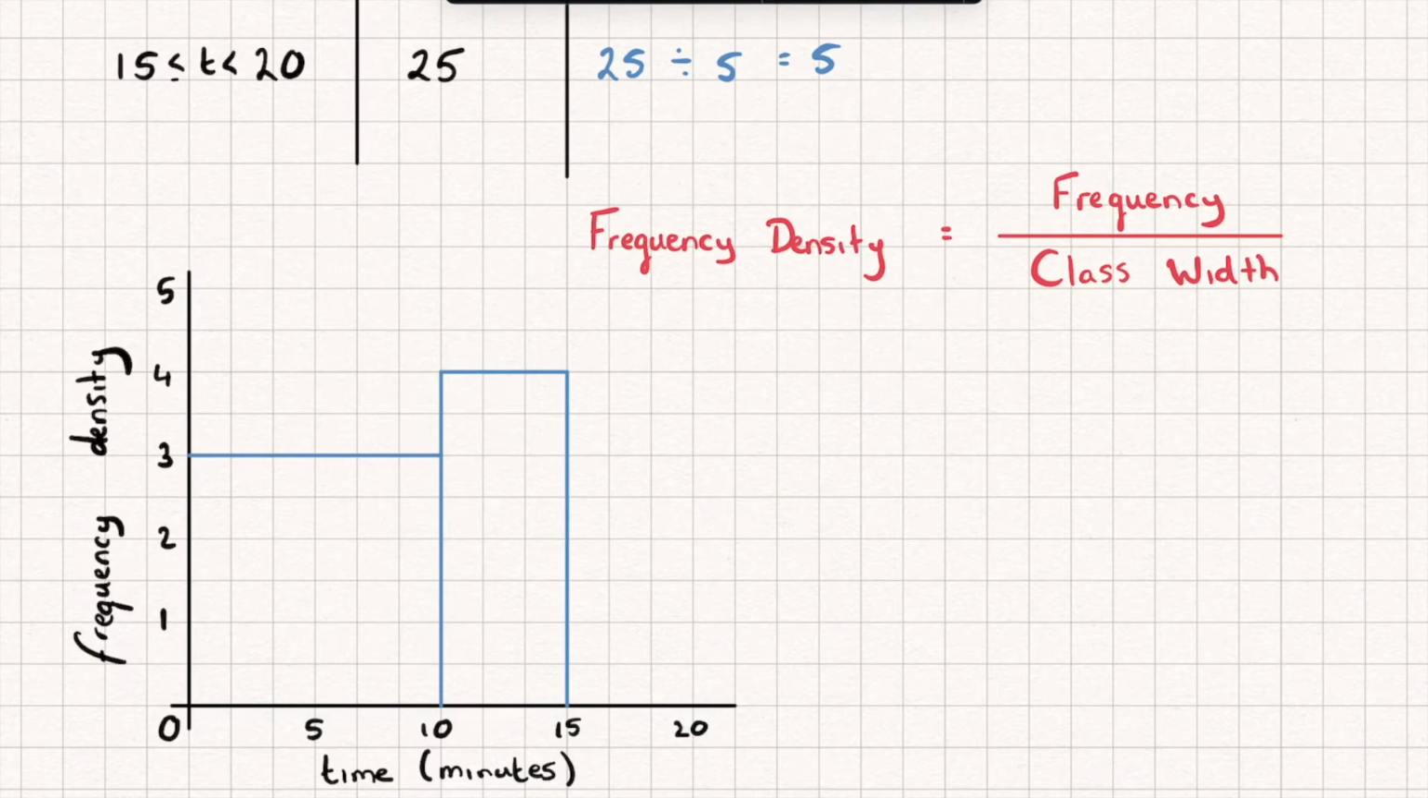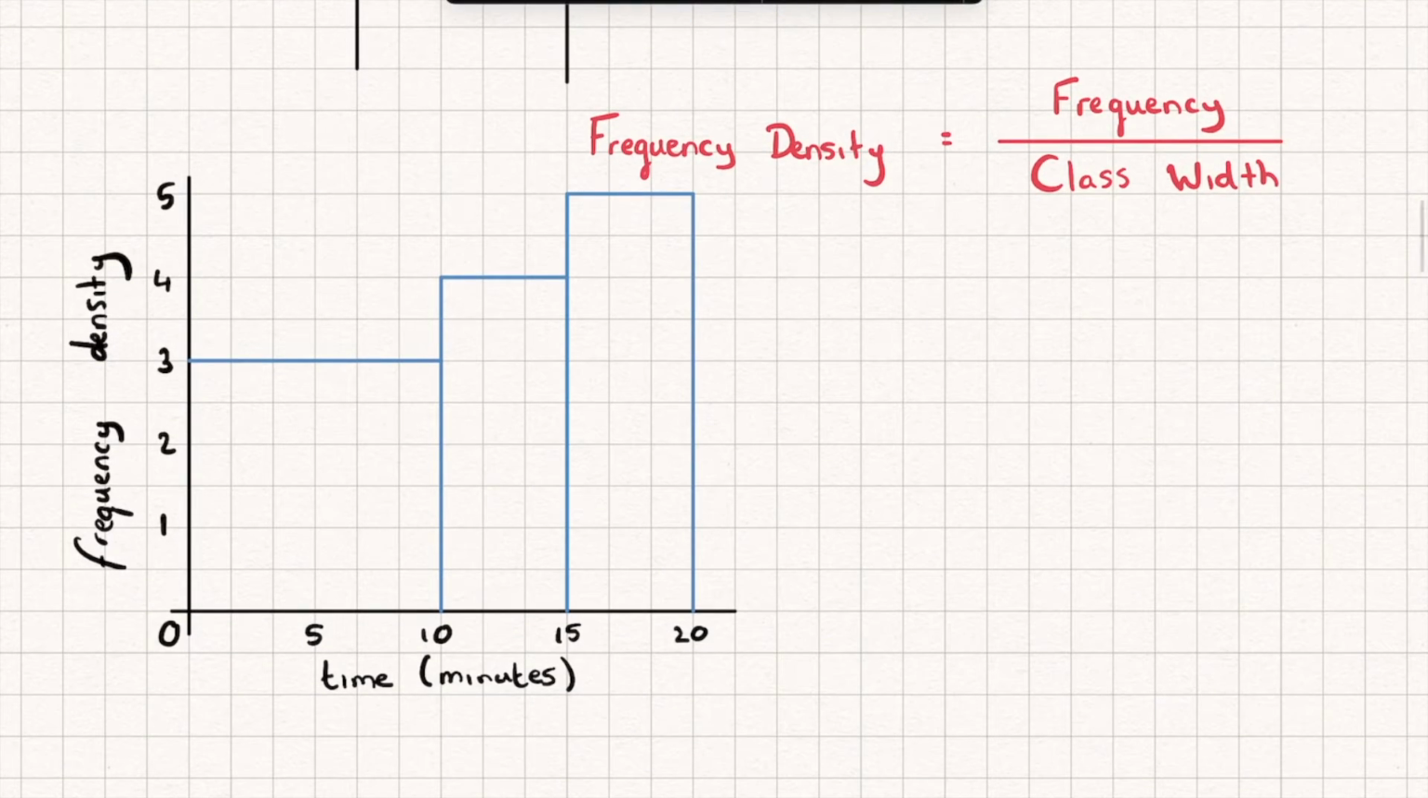Now notice my bars are touching each other, and that's because this is continuous data, and so I don't want there to be any gaps in it. Okay, it's just going to go from one straight to the other. My final bar is from 15 to 20 minutes, and it's got a frequency density of 5. And so now you can see we've created this histogram, and we can clearly see the shape of the distribution